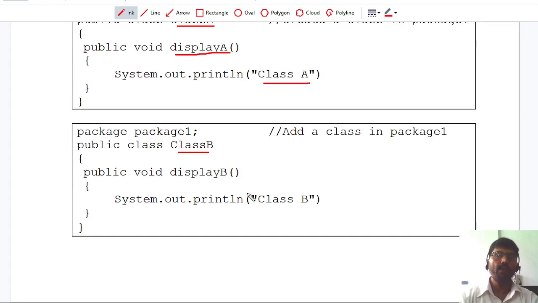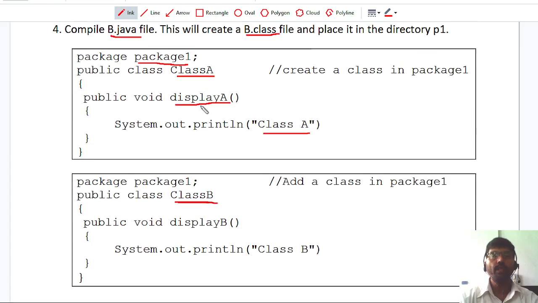Next I have created one more class called class B in the same package. So I have written package1 here. You see, both names should be the same, as it is case sensitive.